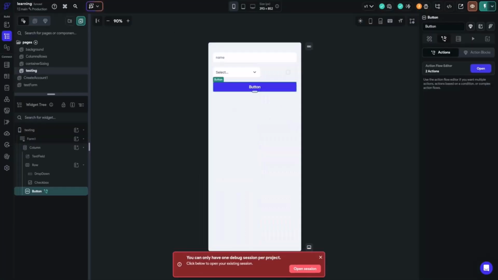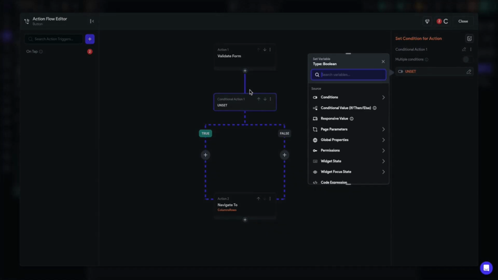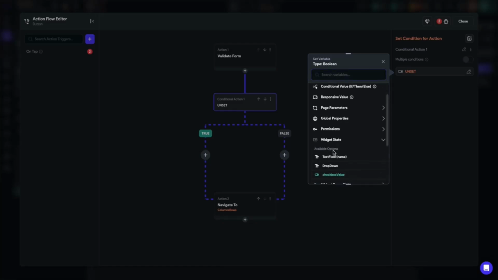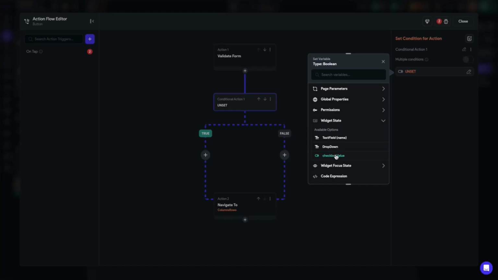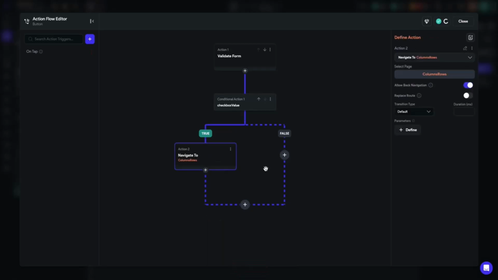So now finally, let's configure this little checkbox as well. Going back to our button, let's open the actions, and here we add another action, a conditional action. On this conditional action, we go to the widget state. So it's the different widgets we have on the page here. As you can see, there are 3 widgets, but the one we care about is the checkbox value. You click on that, and here you have a true or false. So let's cut this action here and paste it in the true. There we go. And if it's false, we'll add an action